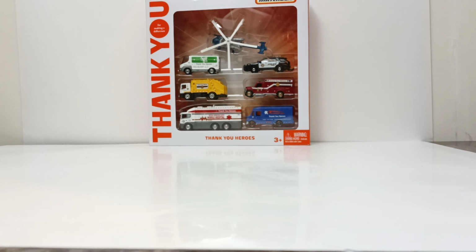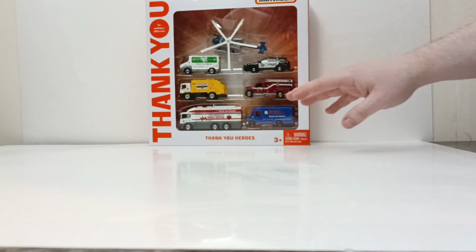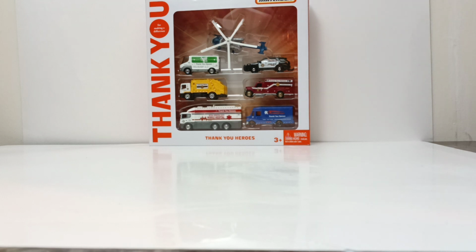This set has been out now for well over a year. Mattel and Matchbox released this in late April, the early part of May 2020, very early on in the COVID-19 pandemic. The story behind this set is they wanted to have a representation of each vehicle that would correspond or represent all of the different first responders or frontline heroes, quote-unquote, that we would relate and talk about during the